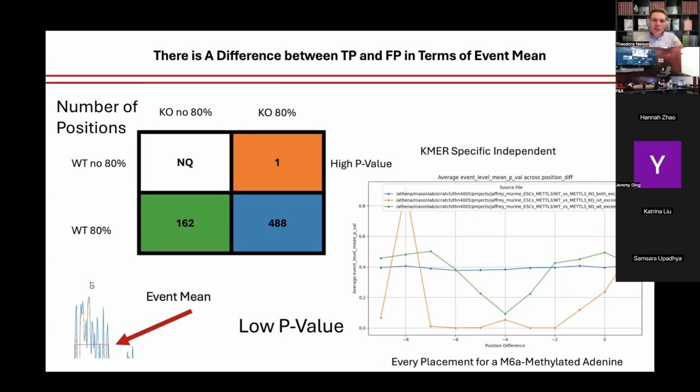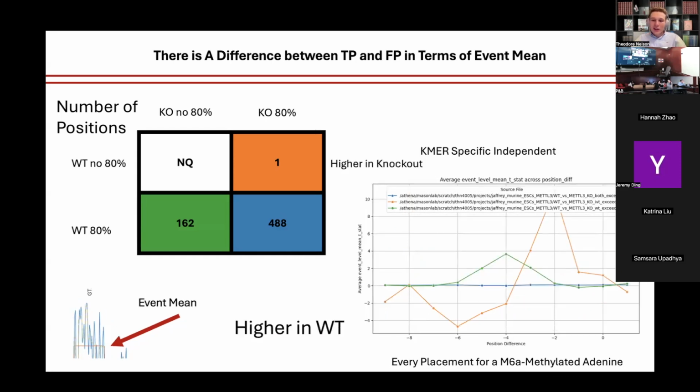The -4 position is when that m6A is right in the middle of the current. When you get there, you see a dip, and it's sustained from a particular mean level. You go to -6, -5, -4, -3, -2. There's this sort of beautiful dip in the current. So what this means, in essence,